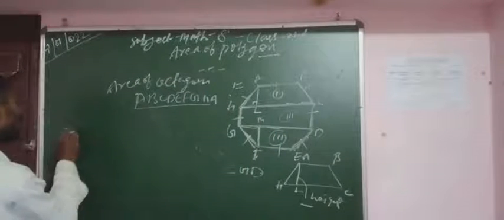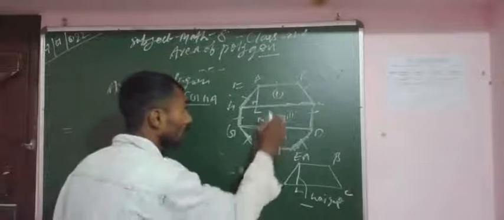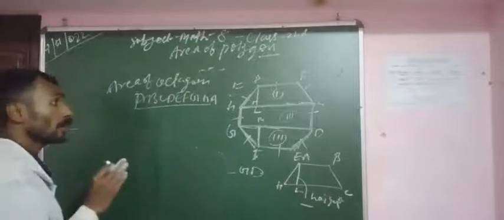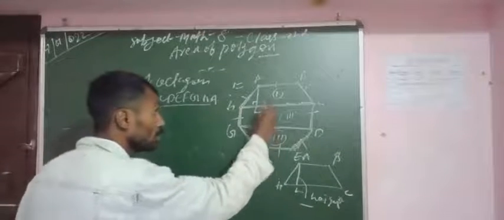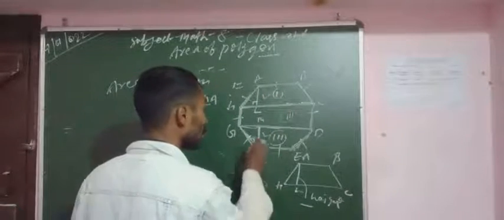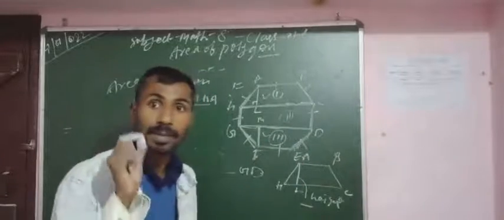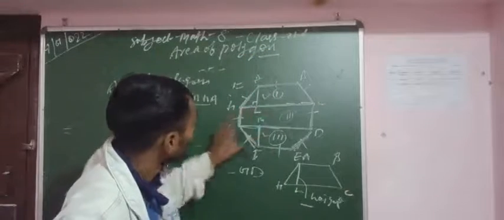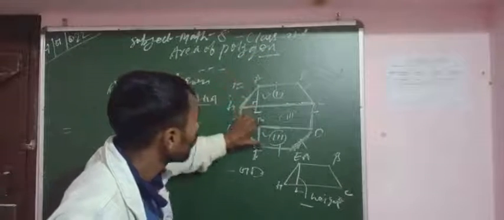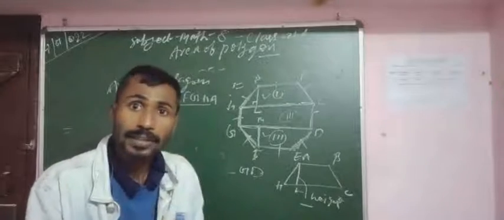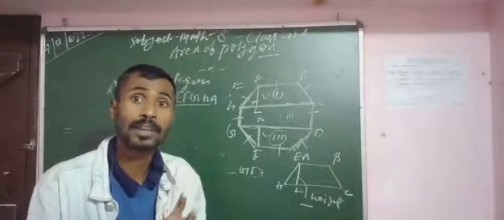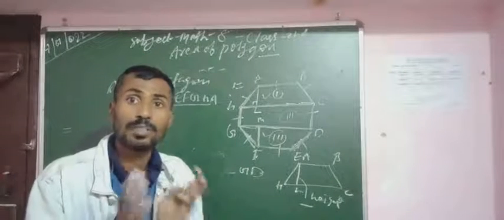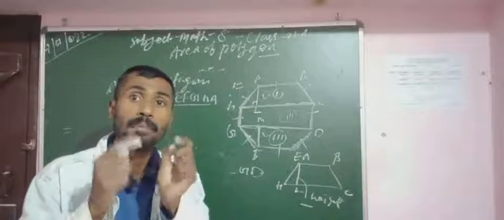Now the area of octagon ABCDEFGHA equals, now look at this, in the figure there are 2 figures which are trapezium. As we know the area of trapezium, this one is also a trapezium and this one is also a trapezium. Look, dimensionally this figure is equal to this figure, this length is equal to this length and this one is equal to this length. That means the dimension of the first figure and the third figure is completely equal. So we will not calculate the formula separately, we will simply multiply it by 2.